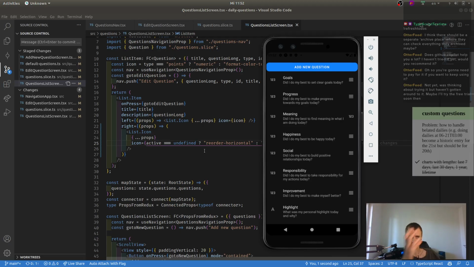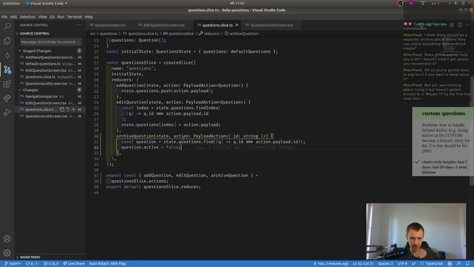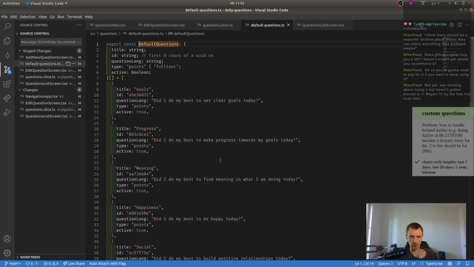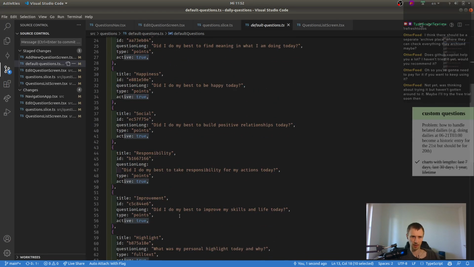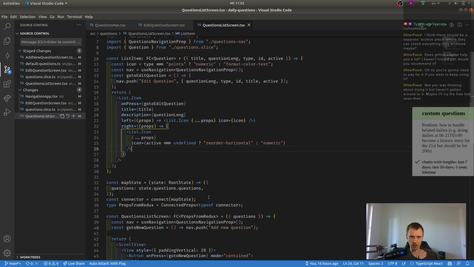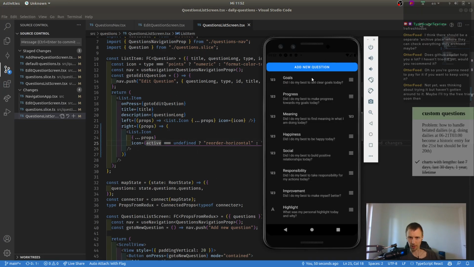They don't even have the questions state in the slice. And because they don't have it, it will go inside of here and pick the default questions, and they have active true set. So we don't get into legacy problems,